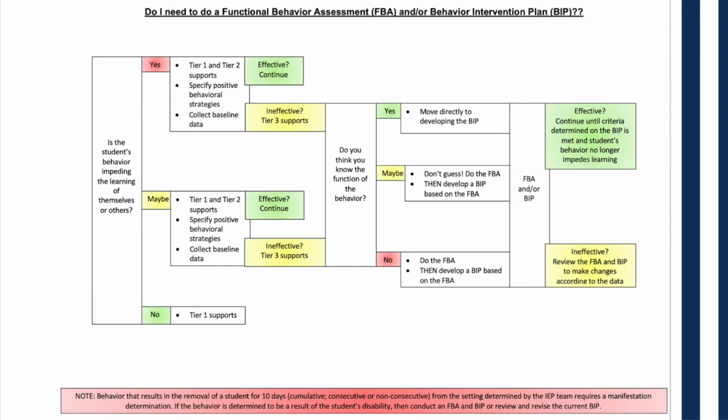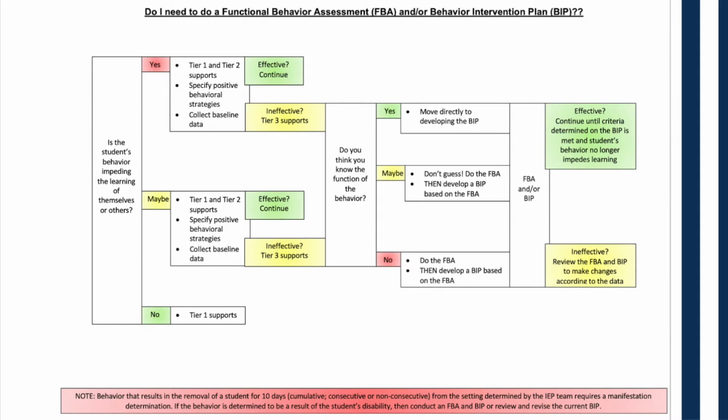We want to really specify those positive behavioral strategies. We want to start to collect baseline data so that we can start to determine if any of these positive behavioral strategies are helping, because really an intervention is only as successful as bringing about the positive behavior change. So we want to make sure that we have the data to support those different interventions that we have already tried or are trying. If the interventions are effective, then we're just going to continue on in those Tier 1